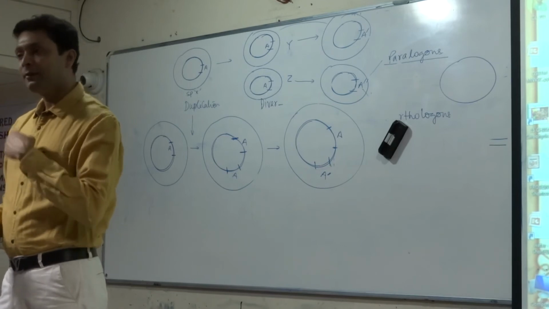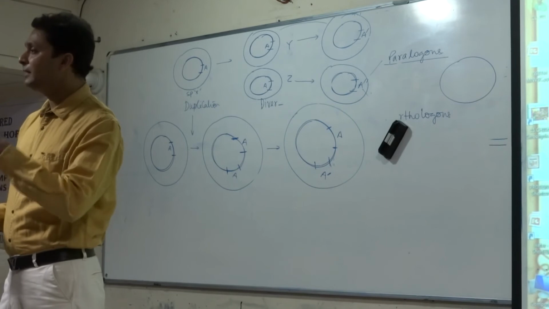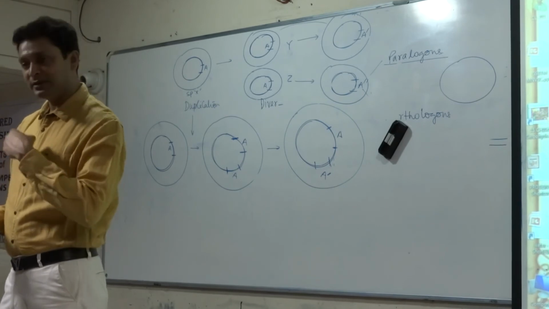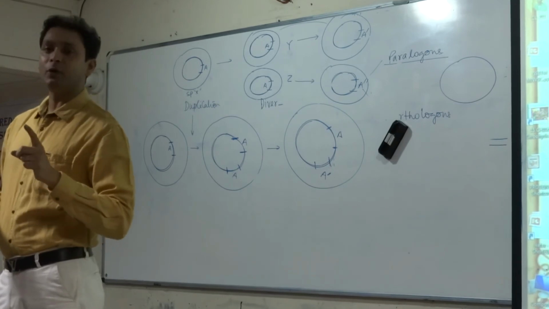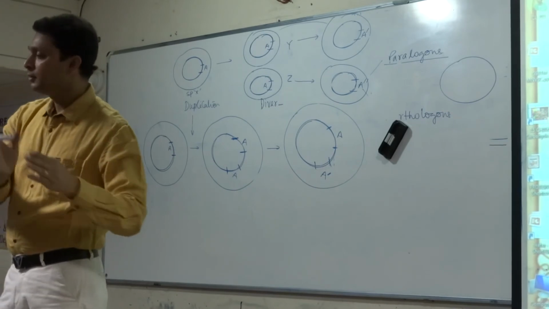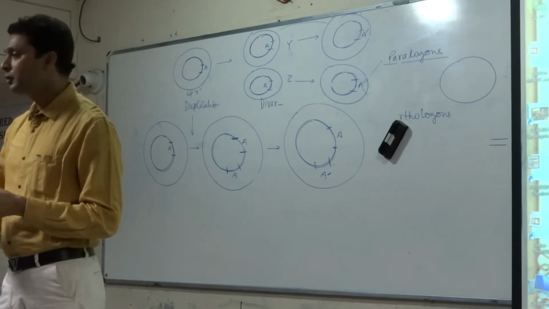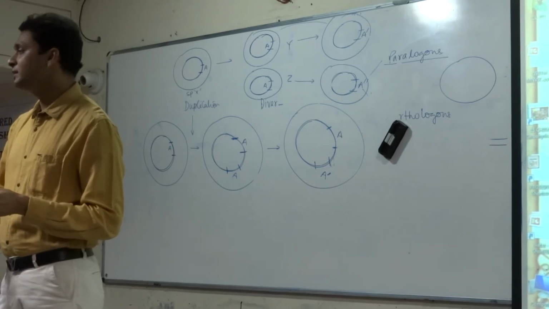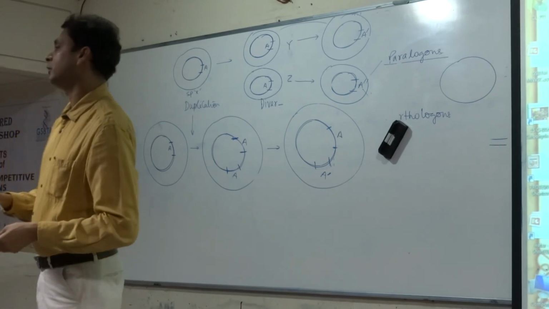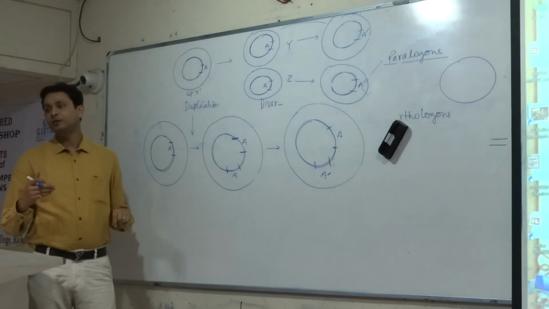For example, in our case, the alpha globin forming gene and beta globin forming gene present in us are an example of paralogous genes because they arise as a result of duplication and divergence. And in the case of the mice, or the rat, the alpha globin gene and beta globin gene are considered orthologous because they arise as a result of duplication, speciation and divergence.